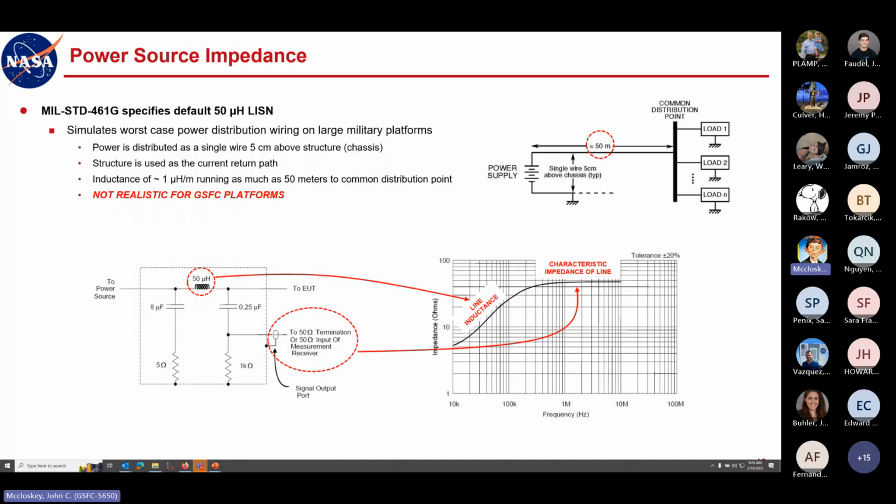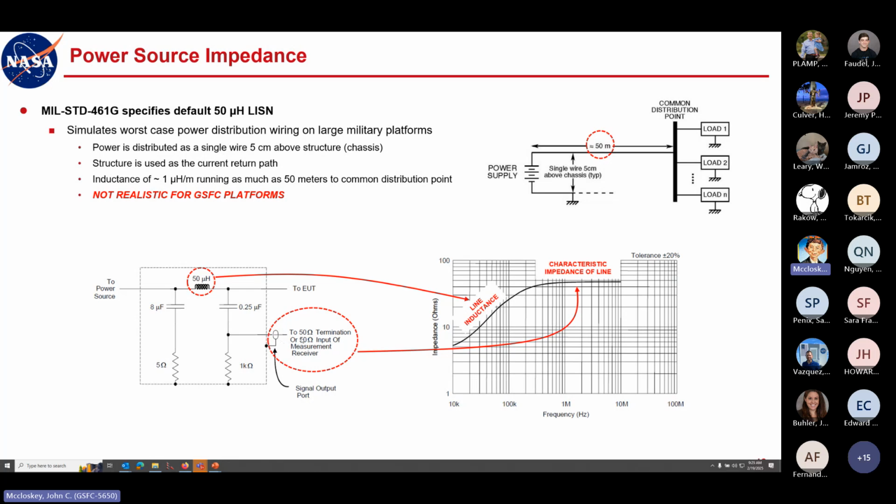So MIL-STD-461 specifies a default 50 microhenry LISN. The LISNs are typically defined by the value of the inductor. So here you go. They don't even bother with the low frequency resistance, by the way. They have your 50 microhenry inductance that is giving you the impedance on the slope part of the curve here, and then the high frequency shunt giving you the asymptote up here